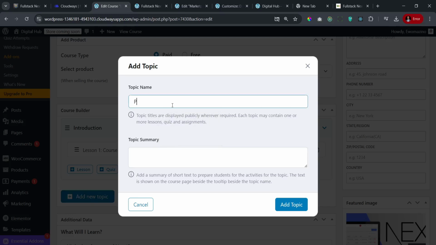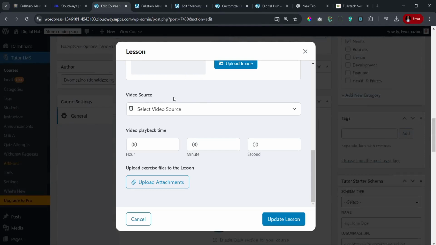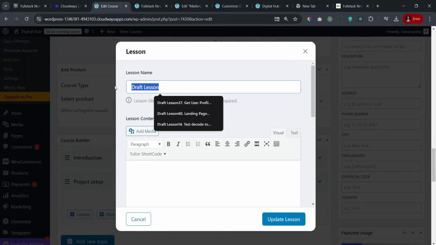I think project setup, like so, and then I'll just say add new topic. So here you also want to add some lessons, and it's just be the same name really. What's going on here now? So I'll just say set up